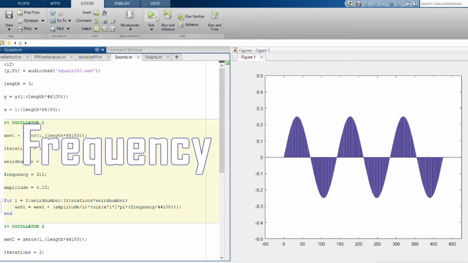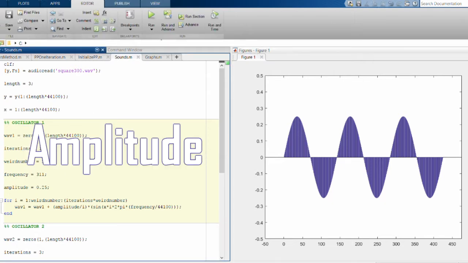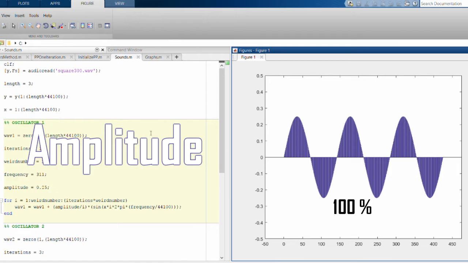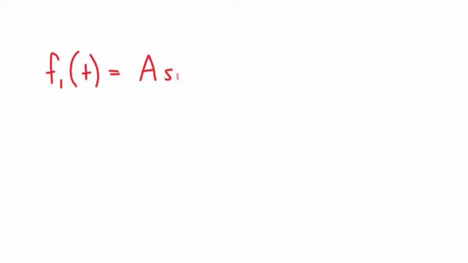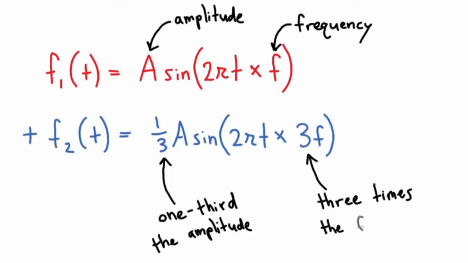I can change the frequency, or pitch, and the amplitude, or volume. But what happens if we layer two sine waves on top of each other? Let's make a sine wave, and then add another sine wave that has 1/3 the amplitude but 3 times the